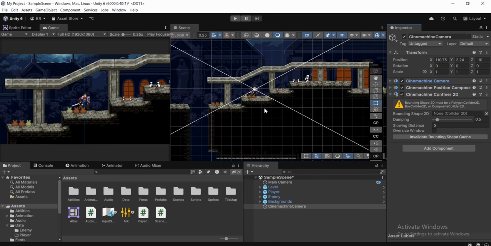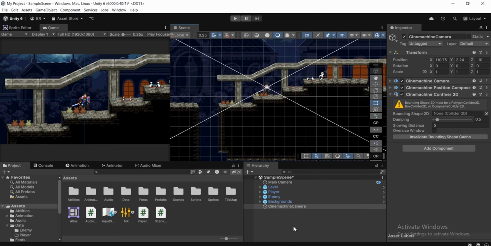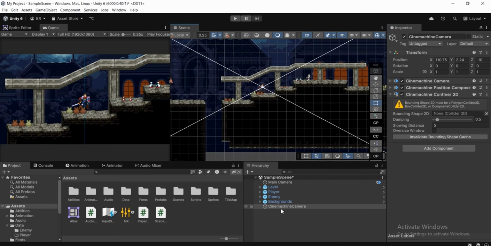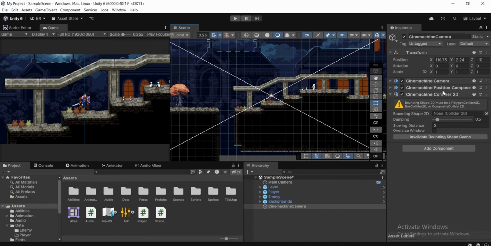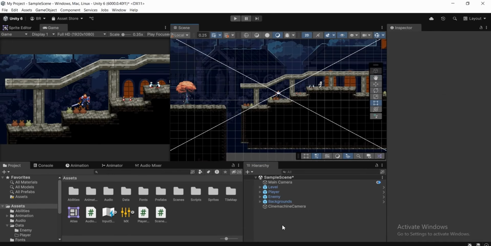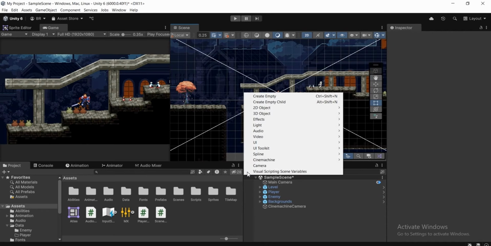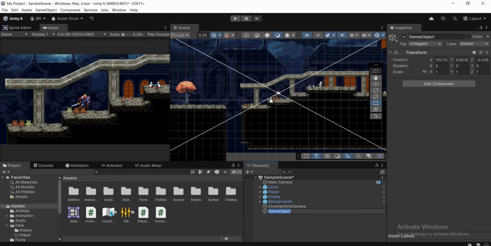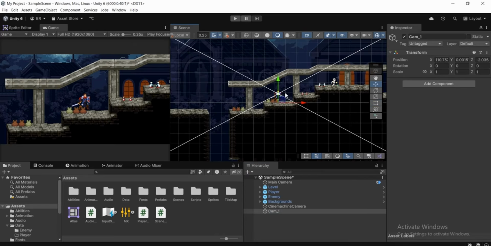So what we're gonna do is create an empty game object first, and then make this Cinemachine camera a child of that game object. Let me show you how we can do that. Firstly we're gonna create an empty game object. To do it, let's move over to the hierarchy, right click or hit this plus icon. Let's create an empty game object, and we can call this game object something like cam1 or camera1. Simply you can say cam_1, and let's select the Move tool and we're gonna move it